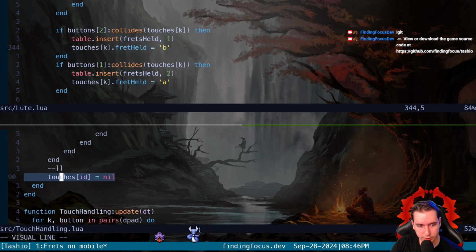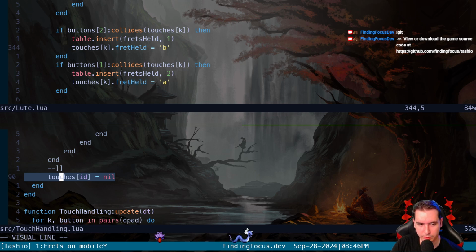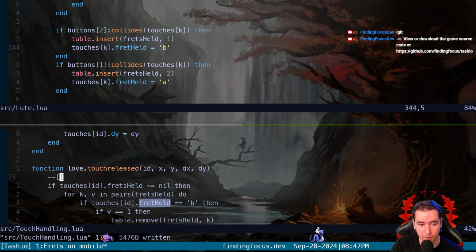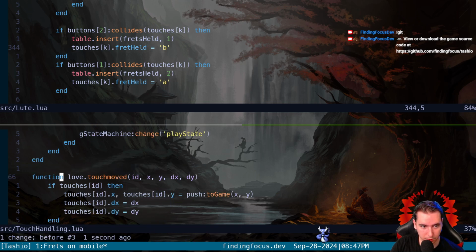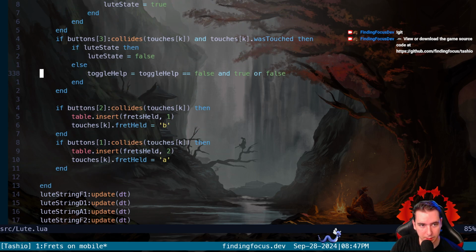Rid of the old logic. So all that a touch released does is take out of our touches table the ID for the touch that was just released. So if our touch released function only has that, then let's take a look at here. Instead of doing this,